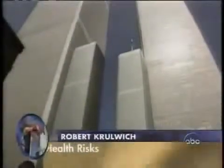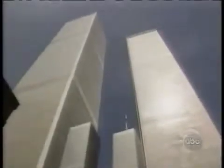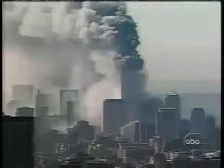It is hard to conceive, but 3 days ago, both World Trade Towers rose 1,362 feet into the sky. Visit those same towers today. At their tallest point, they rise maybe 100 feet above the street. And while it's true there are 6 floors below street level, now filled with debris, engineers at the firm that